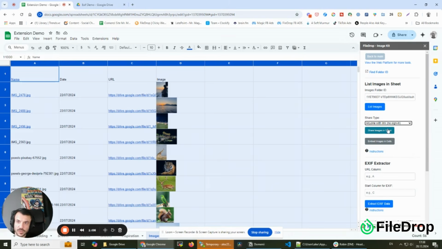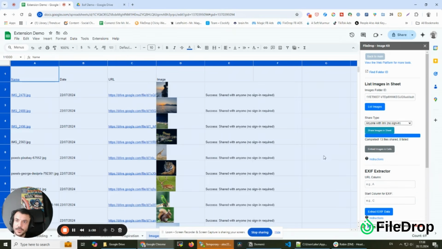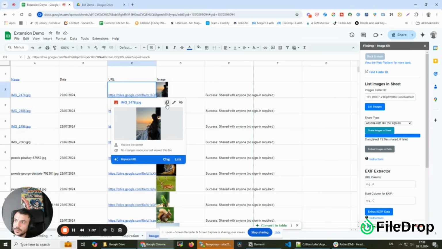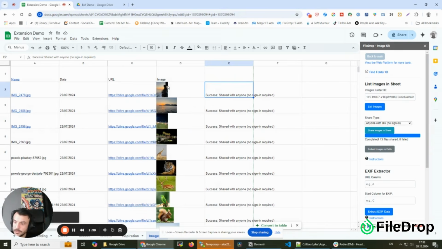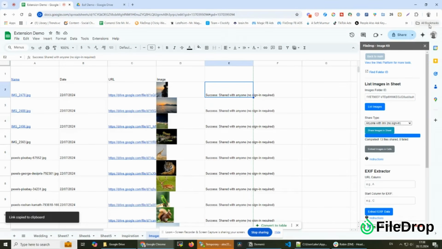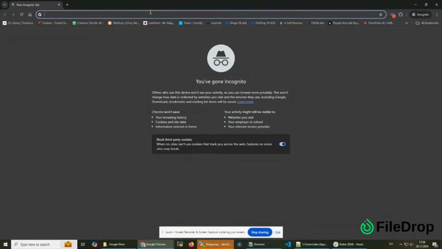I'm going to use this option, and I'm going to click share images in sheet. Okay, the images were shared. Usually it takes a bit for that to happen. And now if I copy this link and open a private window, an incognito window, the image